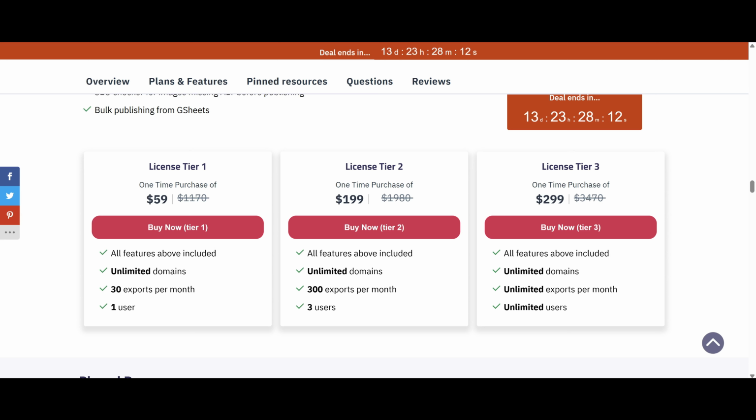So if you're a small blog writer or a solopreneur, you might want to go for license tier 1, and you can basically create 30 articles and export 30 per month. If you are a bigger blogger or you have multiple domains, you might want to go for license tier 2, and license tier 3 is the big boy, which would be great for agencies, and you get unlimited domains, unlimited